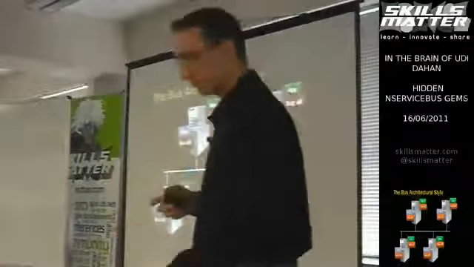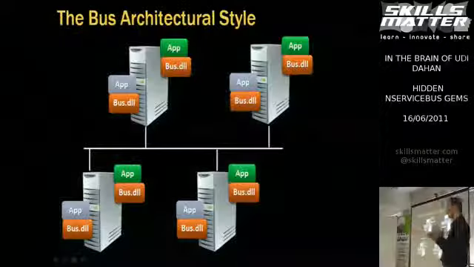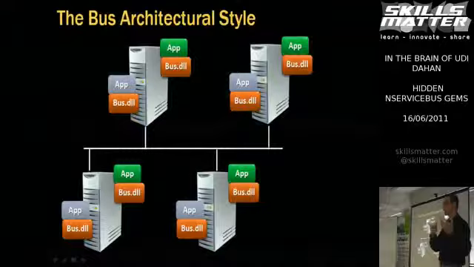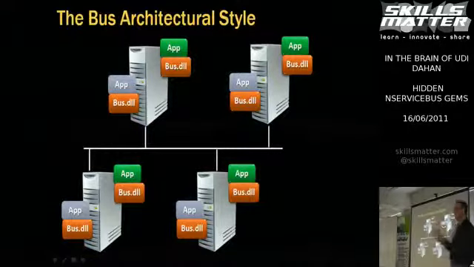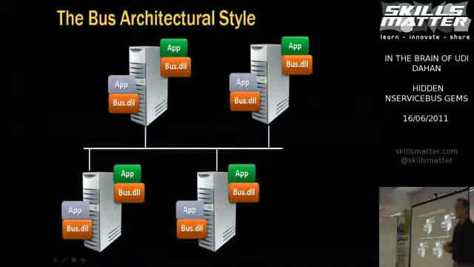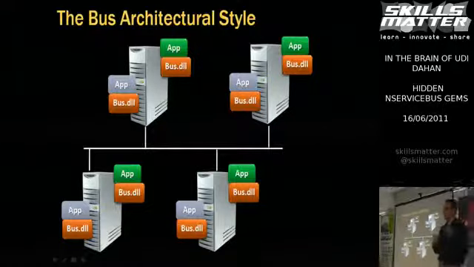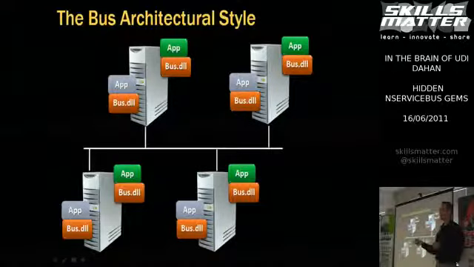So there's two editions of NServiceBus: the free community edition and the commercial edition. The main difference is that the commercial edition allows you to scale out and do things like this. The free version is a single machine only thing. However, in version 3.0, we're going to be bundling the load balancer with the free version as well,